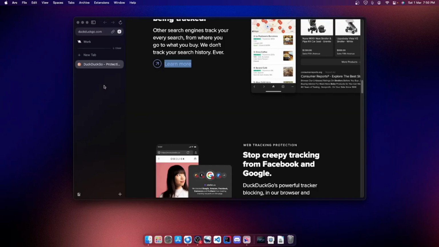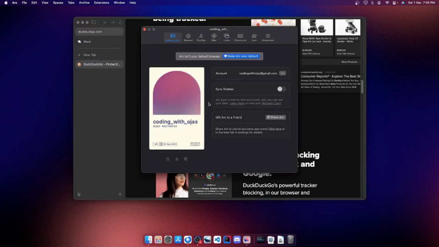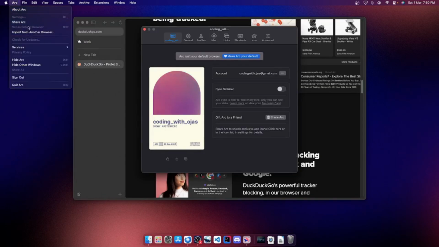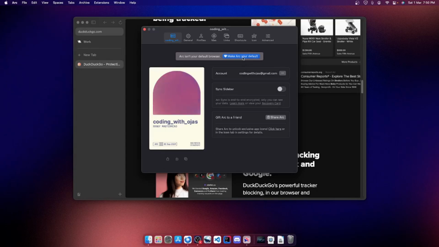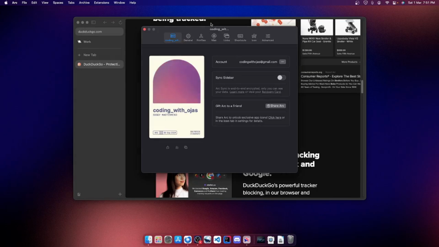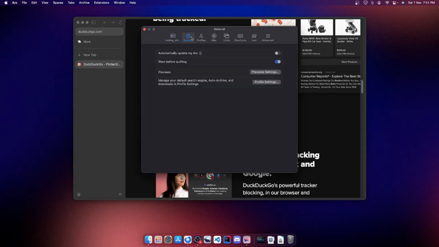So now let's talk about the settings too while we fix this thing. If we press Command comma, or just go here and click settings, which is already here. So yeah, I'm going to make Arc my default browser. I don't want to use Safari. After doing that, we can sync the sidebar, we can go to general.